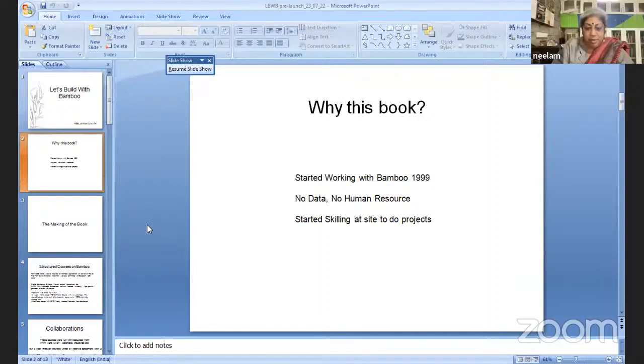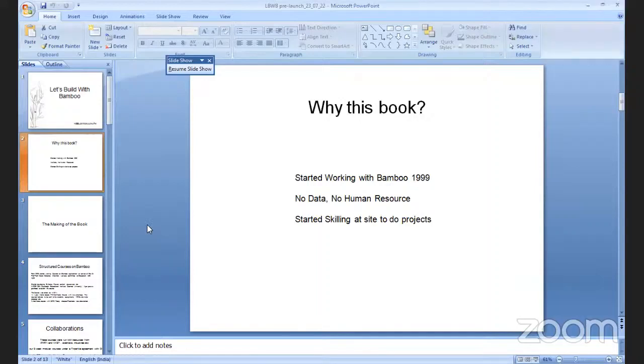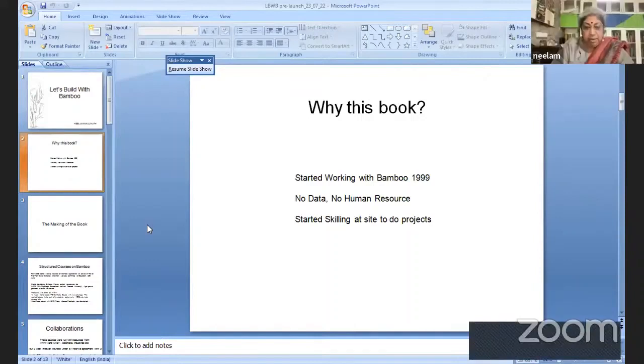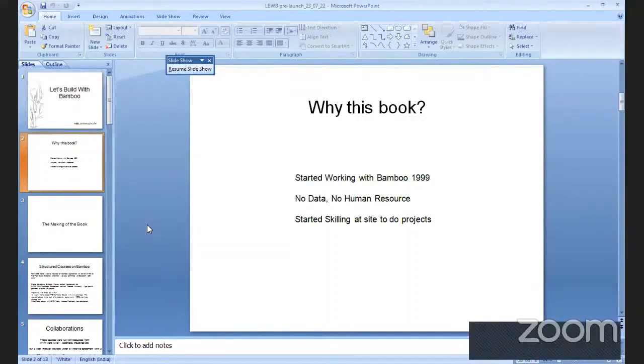We had done a lot of research on the material. But when you come to the field, actual